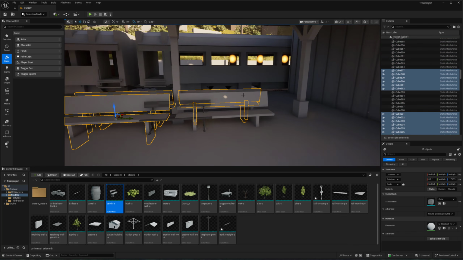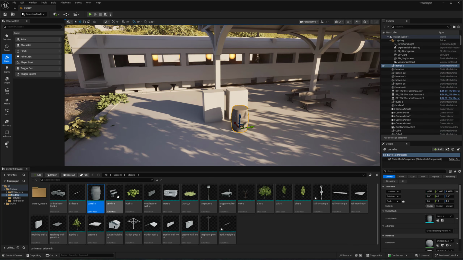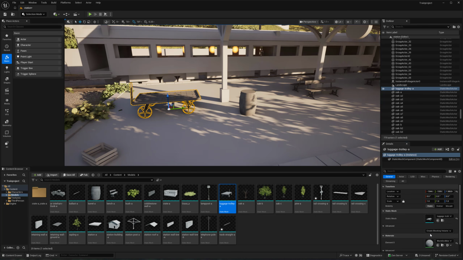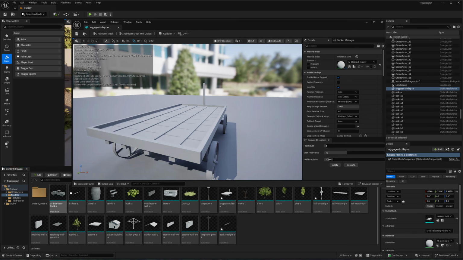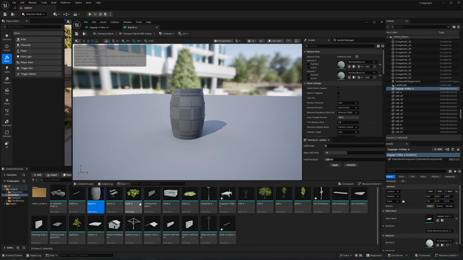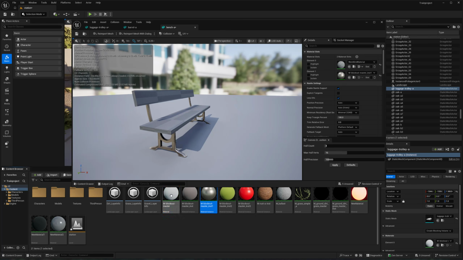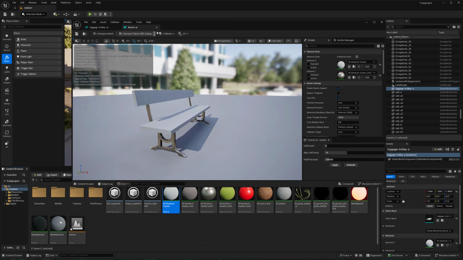So something like this, I just modeled a very simple bench that I'll be able to replace later on, and now it's in there, as well as a barrel. And I also have this luggage cart. It's a bit older, kind of matches up with the era that I'm going for with this. But yeah, just bringing in these assets, throwing on some of my base materials to them,